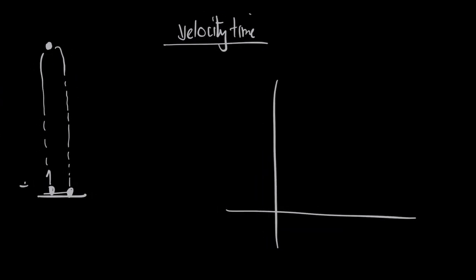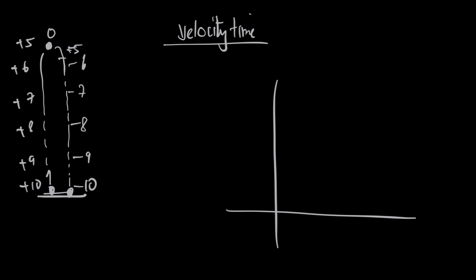We know that the velocity is, say, plus 10, plus 9, plus 8, plus 7, plus 6, plus 5. And then when it comes down, it is 0, negative 5, negative 6, negative 7, negative 8, negative 9, and negative 10. All right. So let us assume this is at t is equal to 0, t is equal to 1 seconds,